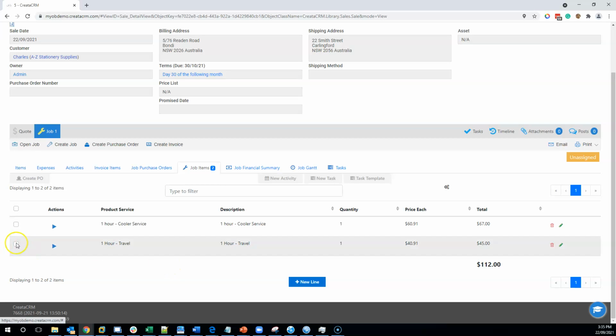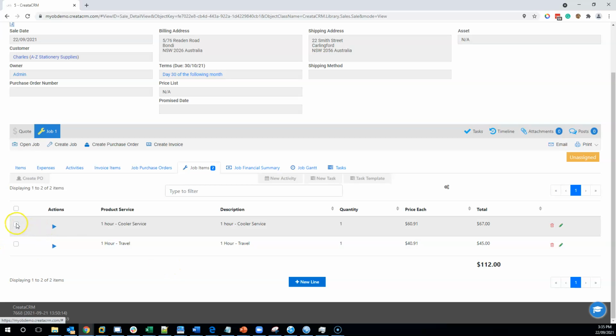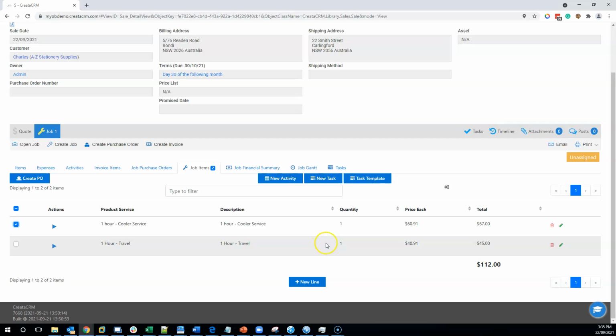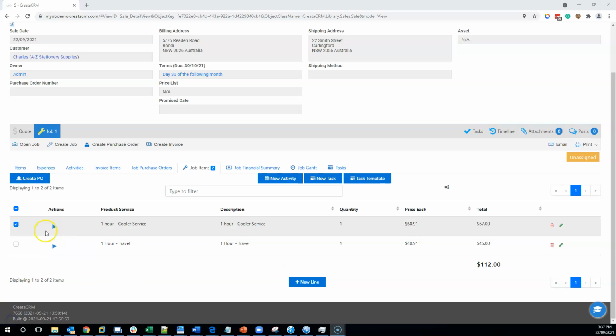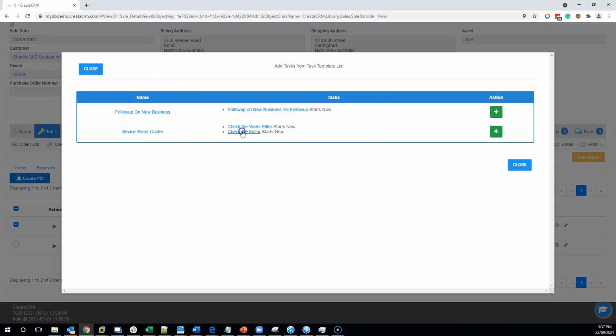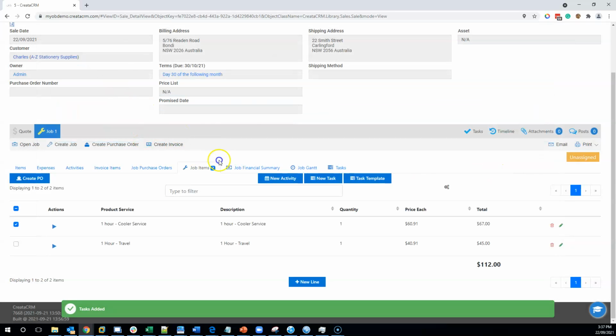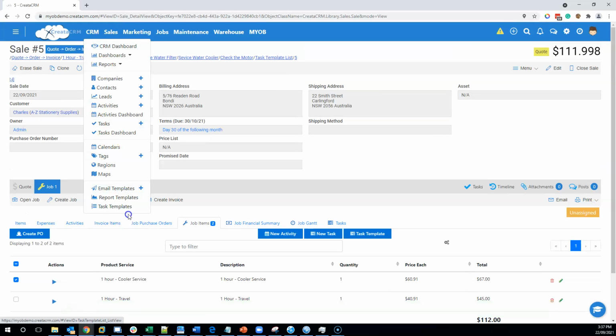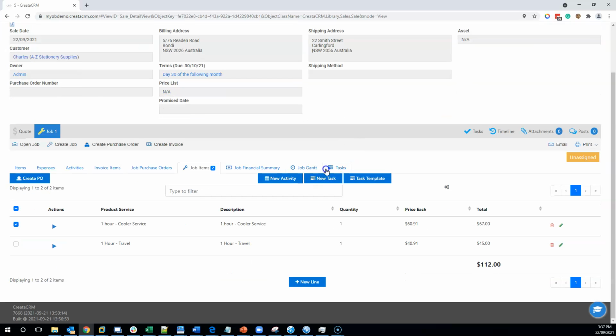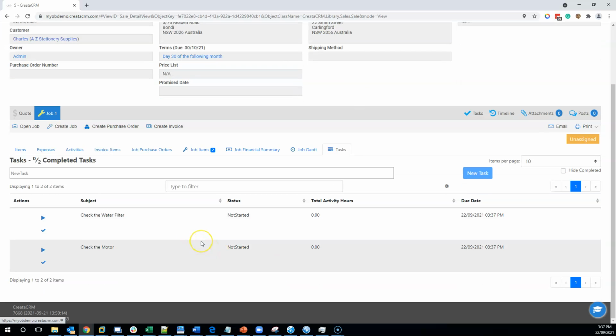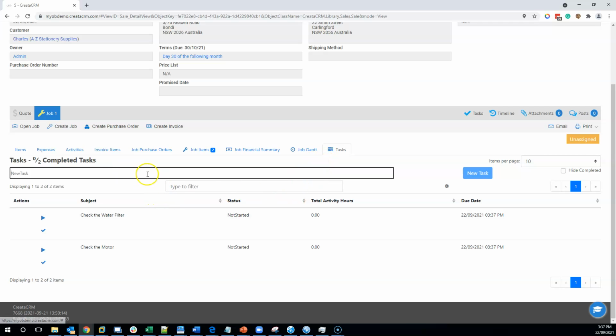Now, other things you can do is that on this particular job, I want you to put some tasks or checklists in here. So I can select the items on the actual job and say, I'm going to create a task template and say, check the water filters, check the motor on these things. You can add your own task templates in here, which is up in the CRM drop-down menu, create task templates, and they're going to add some tasks, some checklists for the technician to do and tick off that they do it. So when the client calls up, you can add a real quick task going, please call the client